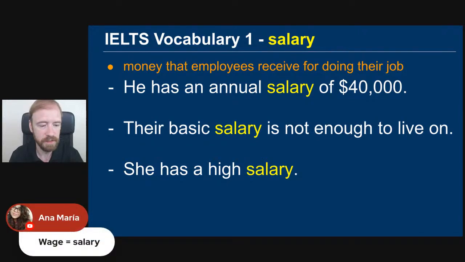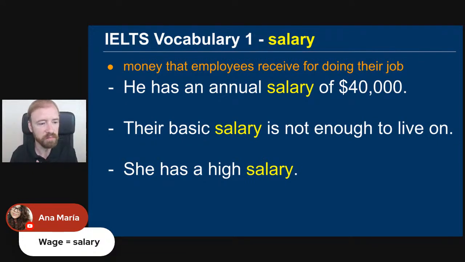No, wage does not mean salary. Wage is usually calculated per hour. So a lower level job, if you're just working in a restaurant or a gas station, or usually university students, or in some countries high school students, they work these part-time jobs. They're not going to get a monthly salary. They're just going to get a wage. So if you work 10 hours, you're paid exactly for that 10 hours, a certain wage rate.